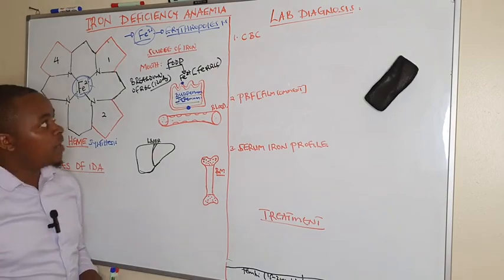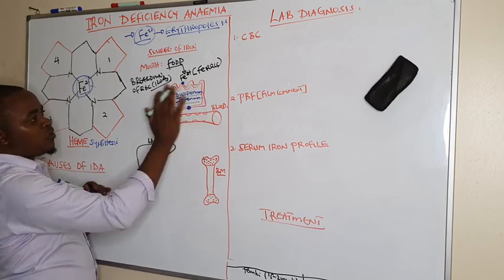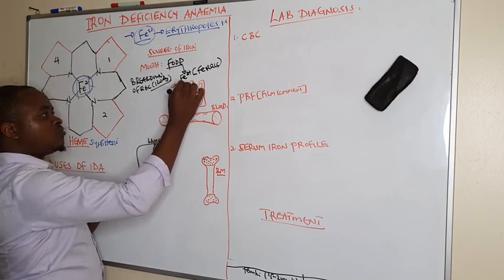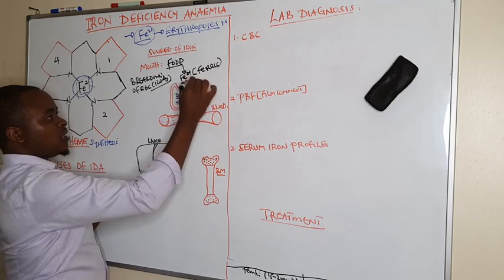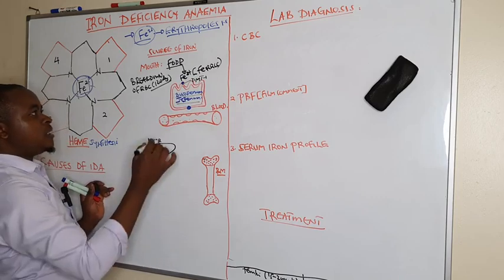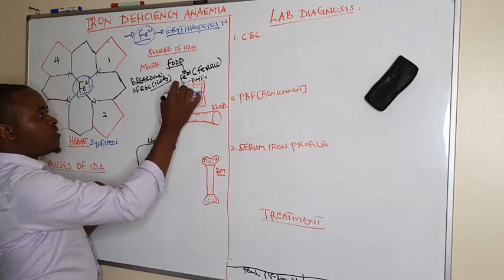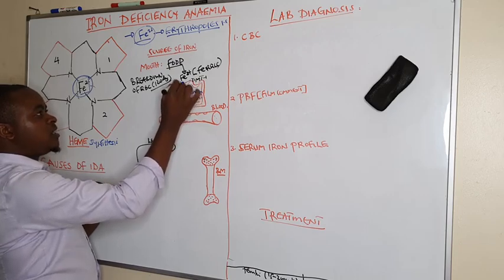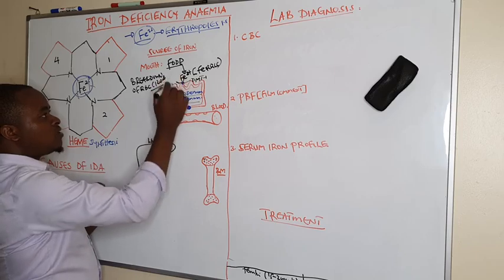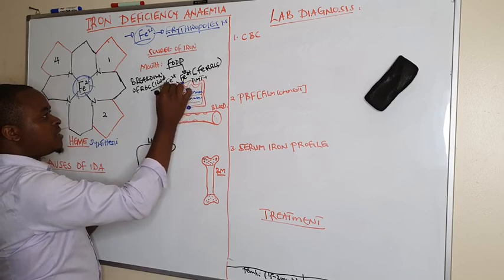In the duodenal walls there is a transporter known as divalent metal transporter type 1. It has an enzyme known as ferric reductase, which first reduces this iron 3 to iron 2 in the ferrous state,